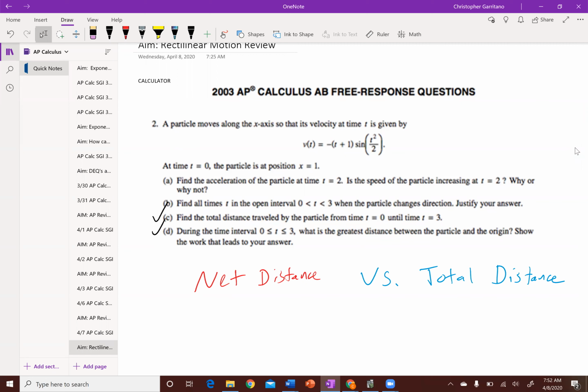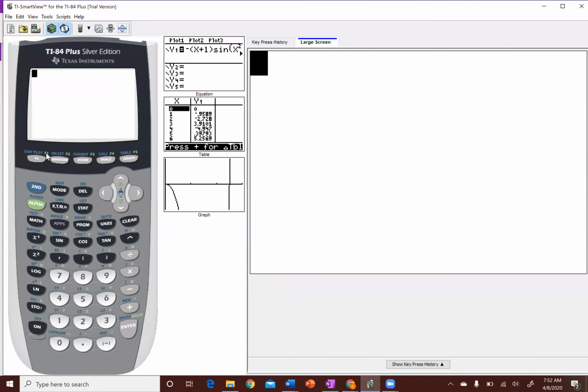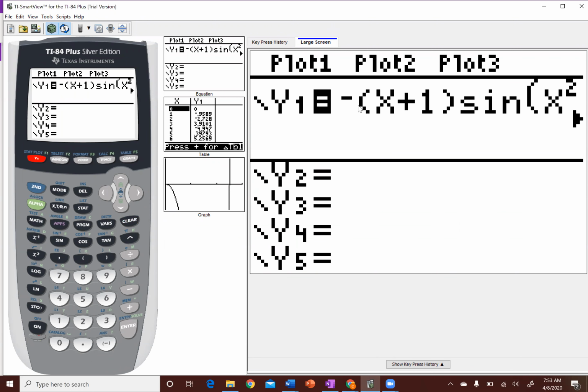But anyway, part C. Well, before we get into it, please notice this is a calculator problem, and we're going to take full advantage of that fact. Okay, so the first thing I did, and this is maybe a habit you want to get into, when you're given a function or an equation in a calculator problem, type that into your y equals screen, because chances are you're going to need to integrate that function, or maybe even also differentiate,